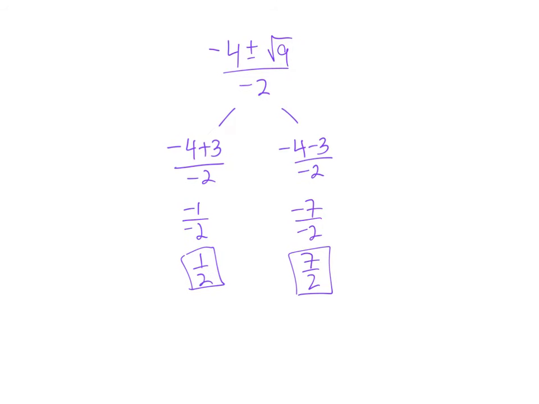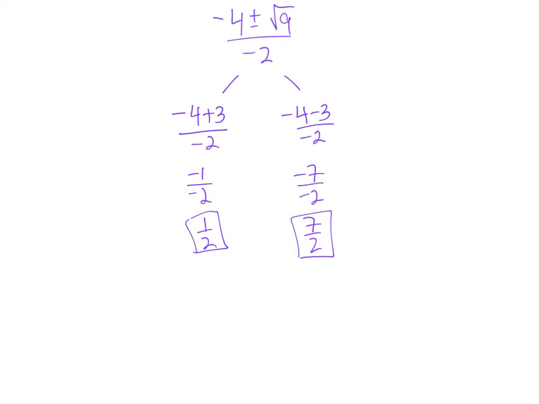All right, so I am going to argue that this expression is the same as 4 plus or minus square root of 9 all over 2, and that this is a simpler version of that expression because I have fewer symbols, fewer negatives. And how I got that is I divided this negative 4 by negative 1 to get the positive 4. I divided this 2 by negative 1 to get the positive 2. And then I also divided here by a negative 1. But I don't need an extra negative symbol out front of the square root of 9